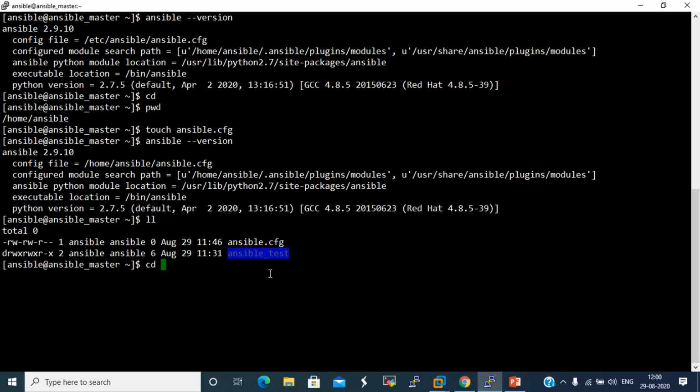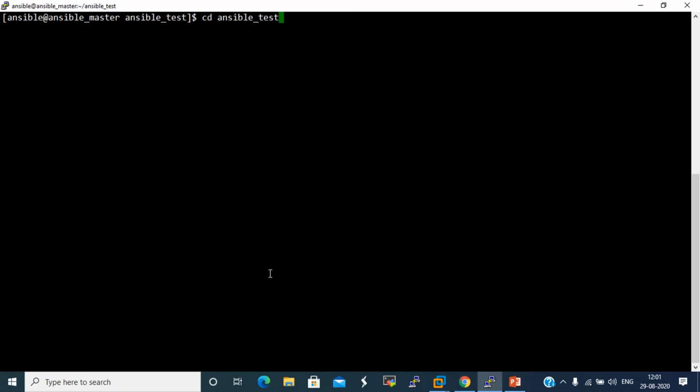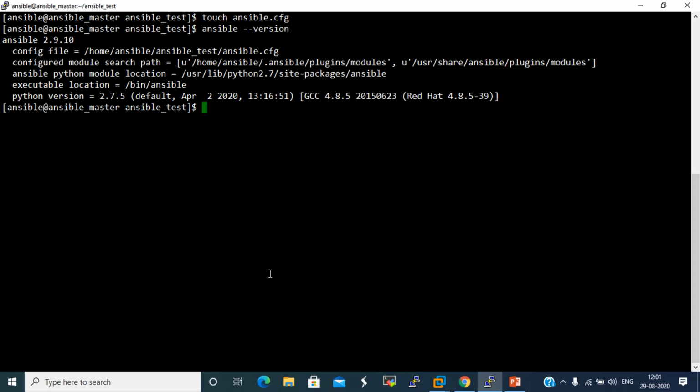Go to the path ansible_test. Currently there is nothing present, so we will create the same configuration file there. Touch the file. Now we will check the Ansible version. Now the configuration file is changed to the current directory.